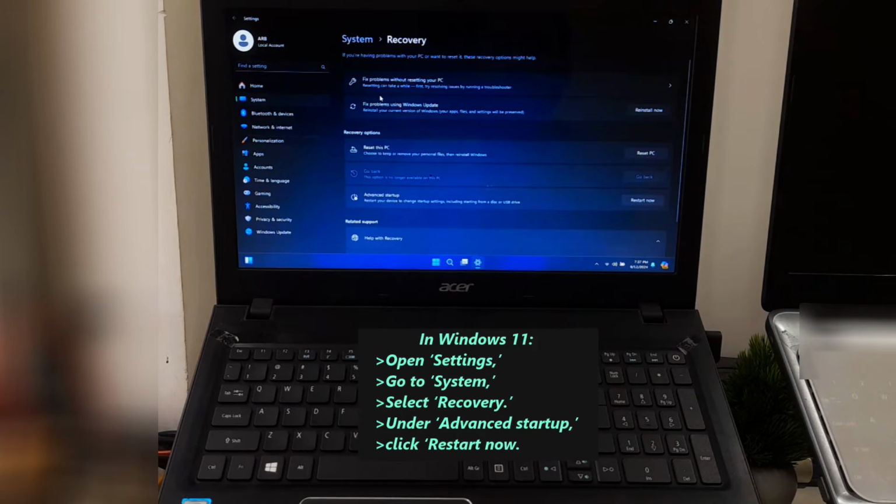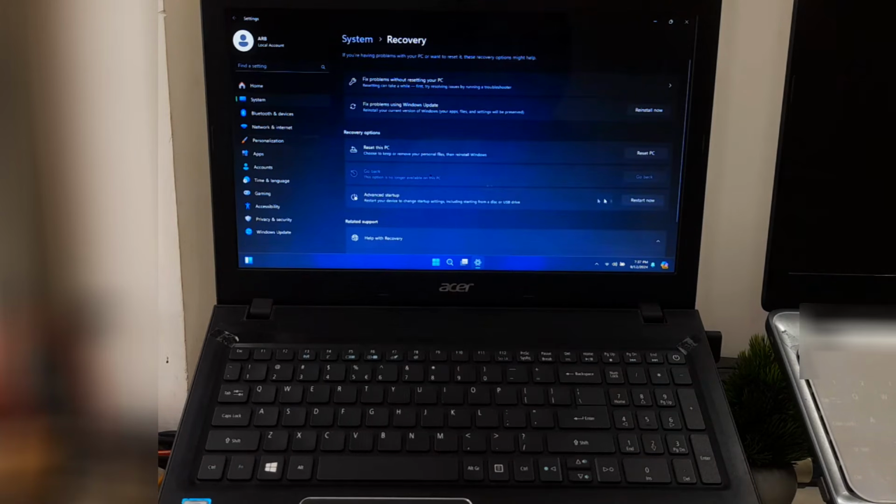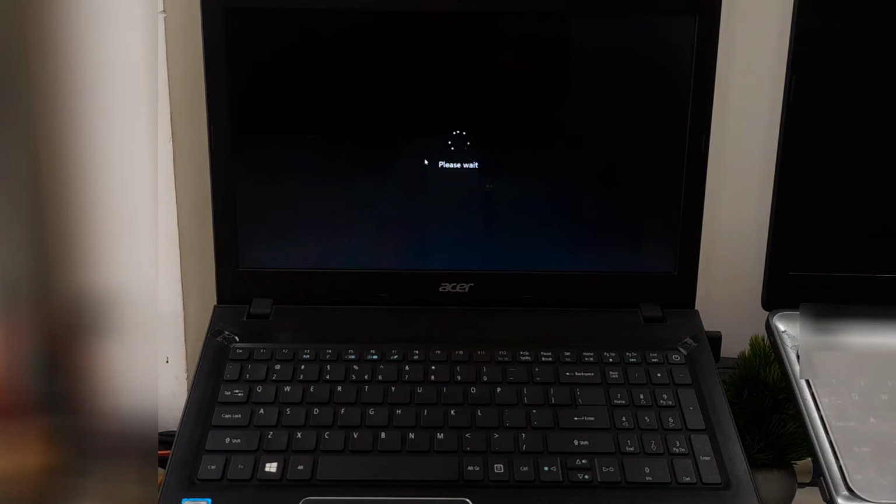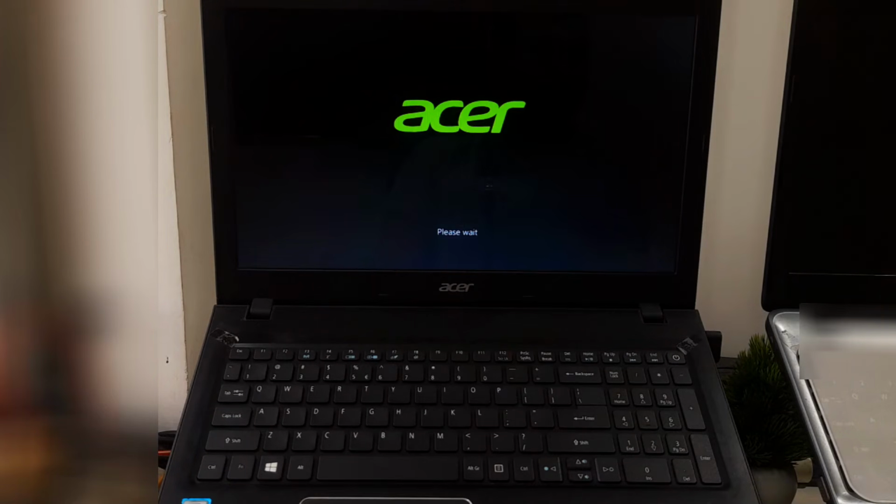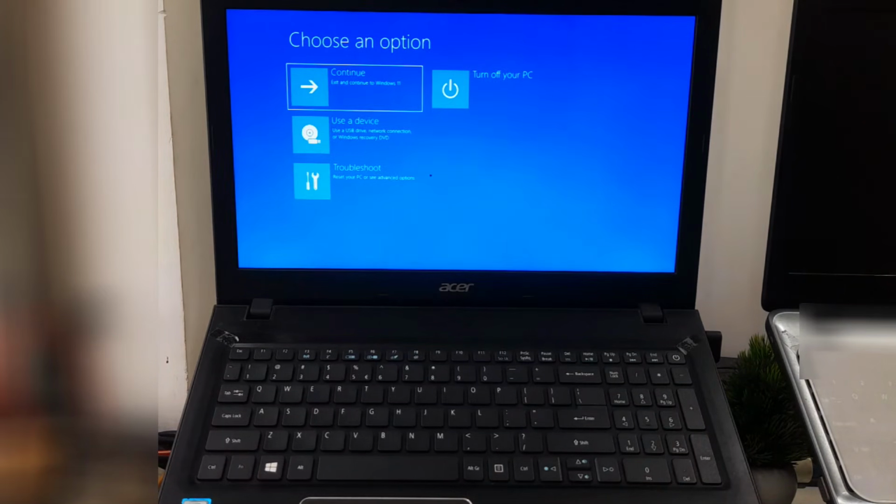Under Advanced Startup, click on Restart Now. Alright, now that you are in the recovery environment,